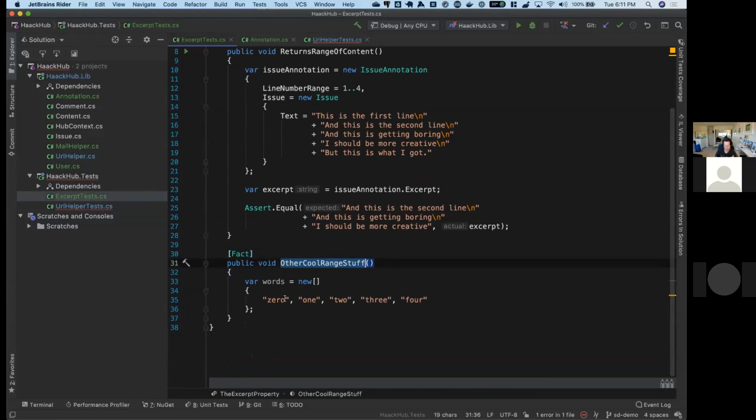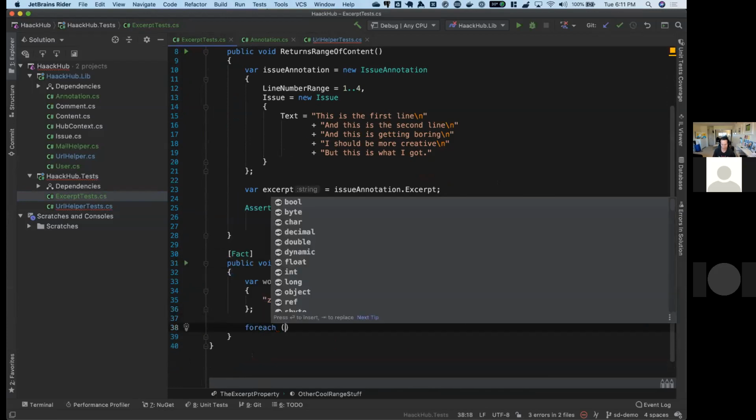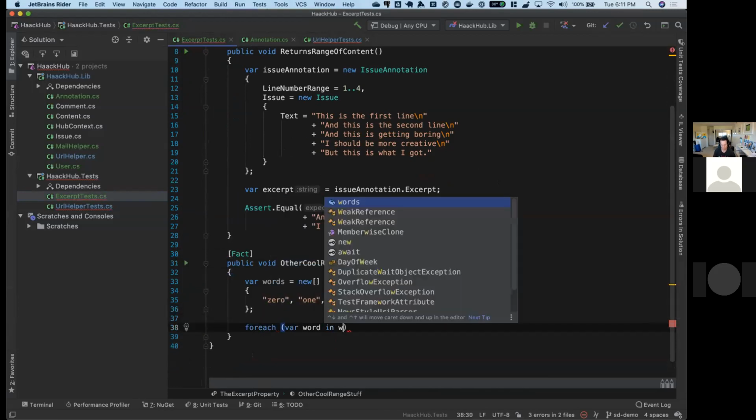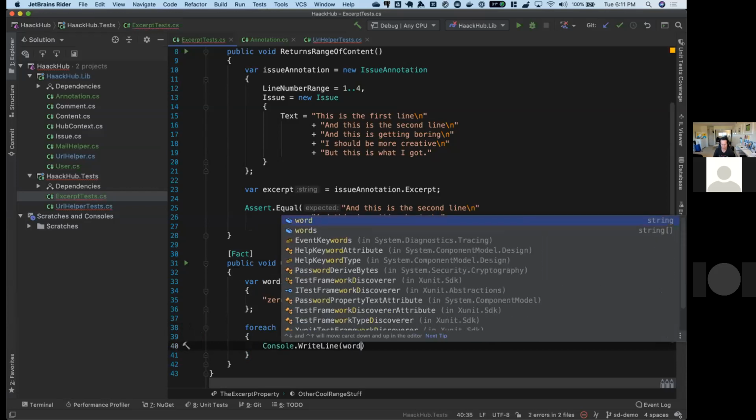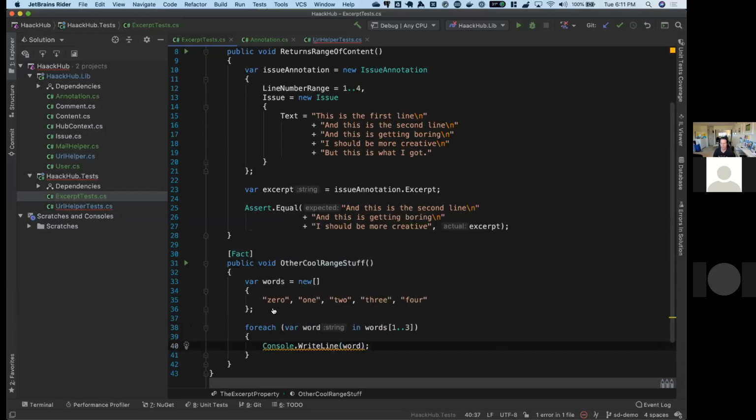Let's say we got a sequence of words, 0, 1, 2, 3, 4. And I want to iterate through each one, for each of our word in words. So this is what we saw before. I can just say, hey, look, I just want the second through third words, console.WriteLine word. If I run that,